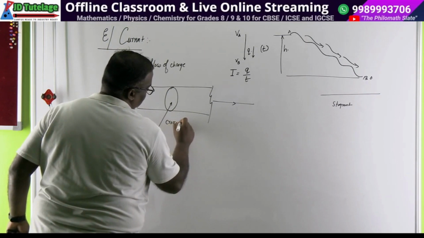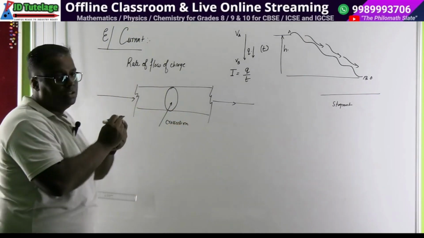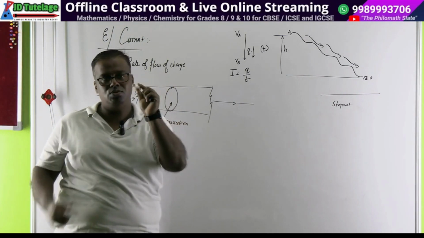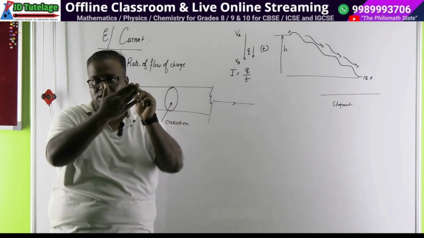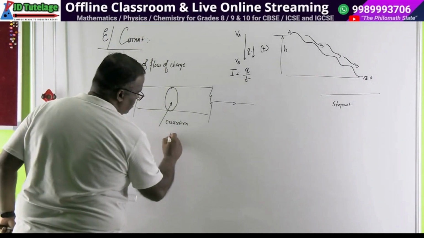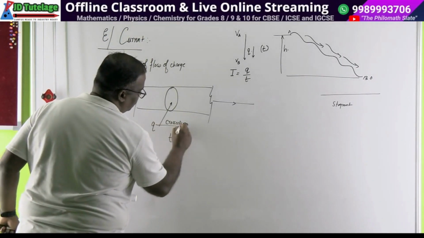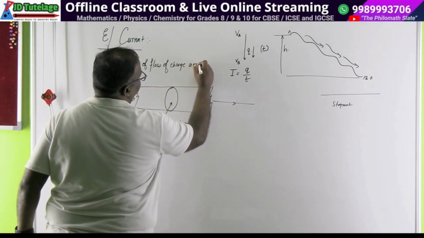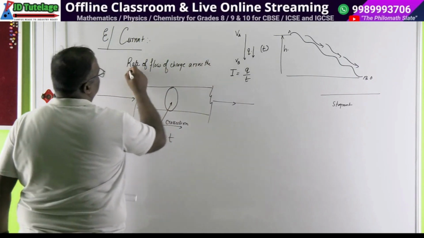Cross section means this marker pen, if I slice it like this and I try to show it to you in this way, you see a circular cross section. The thing that is a diaphragm or a membrane. So you want to count that in t time how many charges flow across this cross section. So rate of flow of charge across the cross section